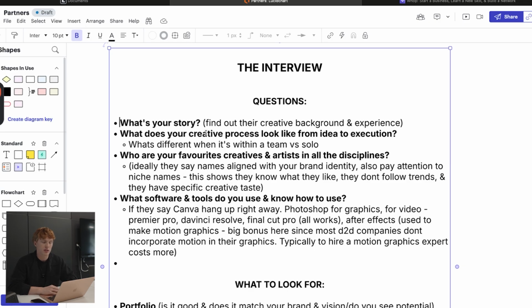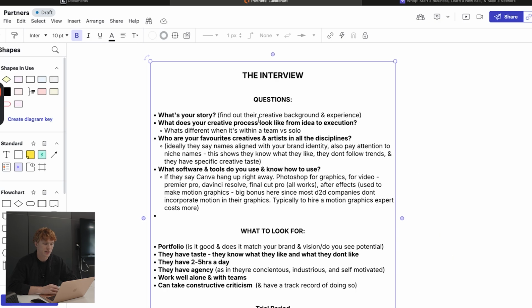The goal of this question is to find out their creative background and their experience. We're just looking for those experiences that would signal that they have a unique creative taste, that they have experience, etc. So the next question is, what does your creative process look like from idea to execution?